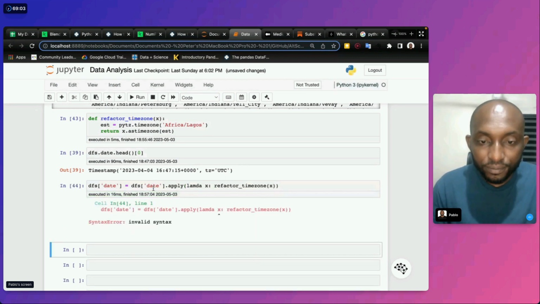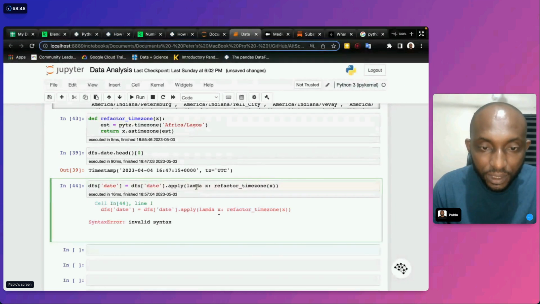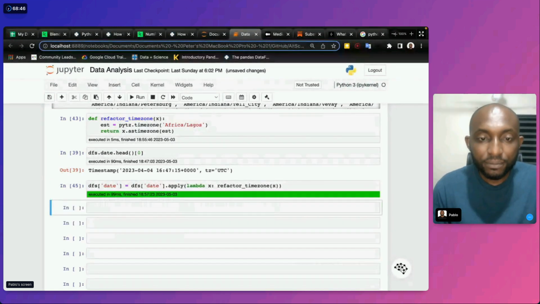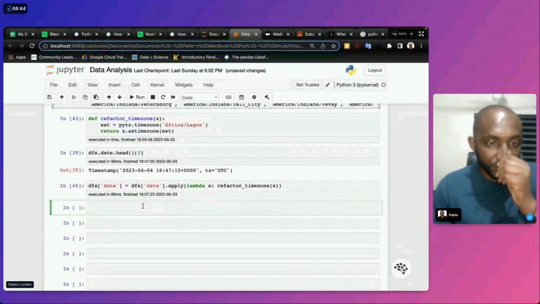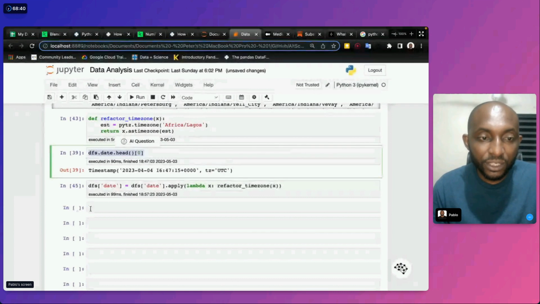So what am I missing? Dot apply refactor under, okay. Lambda. Right. So now again, let me take this so that you guys can see if there's been any change.